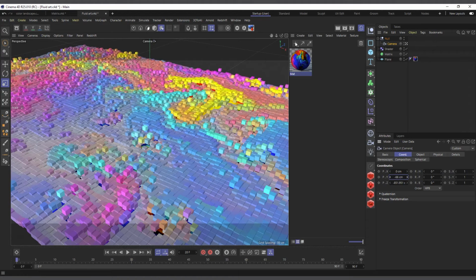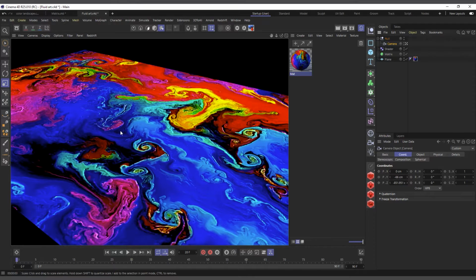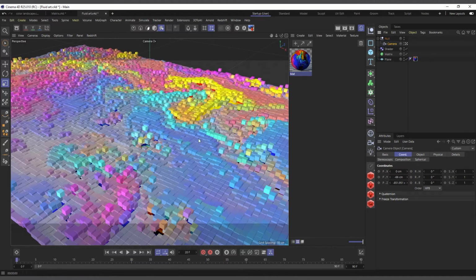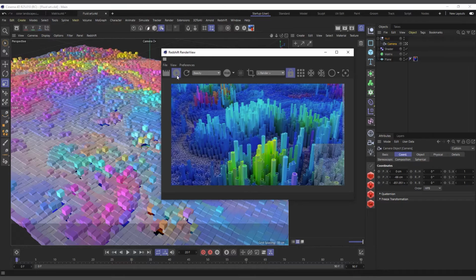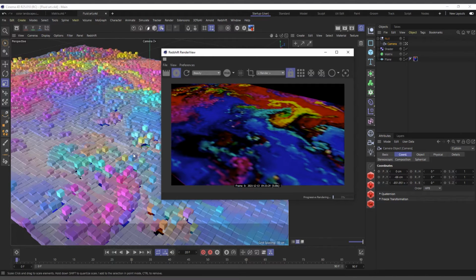Alright, the next thing is, if you hit render, all we are seeing is just the plane, right? Let me first hit save again and bring up our Redshift render view. If I hit render, it's showing just the plane, nothing else. We want to see the matrices.